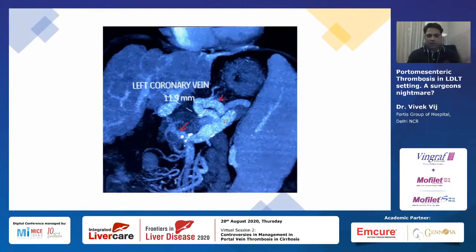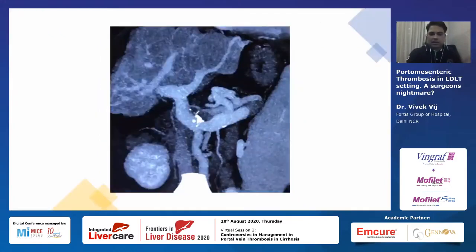It's very important because even after thrombectomy, what we sometimes see is less flow in the portal vein. So when we see lesser flow in the portal vein, it's important to either ligate the shunt individually, or sometimes some surgeons might prefer ligation of the renal vein at its junction with the IVC.